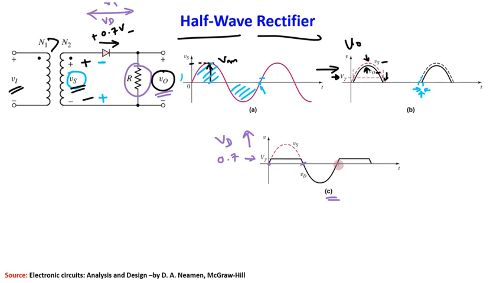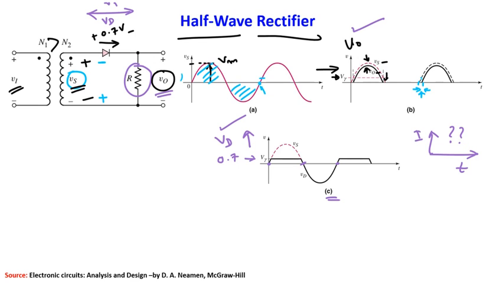Okay, so after that what? After that again the same thing will repeat here, right? So now we can explain what will be the waveform at output and what will be the waveform across this diode itself. Now there is homework for you, that is you have to plot the variation of current flowing through this circuit with time.